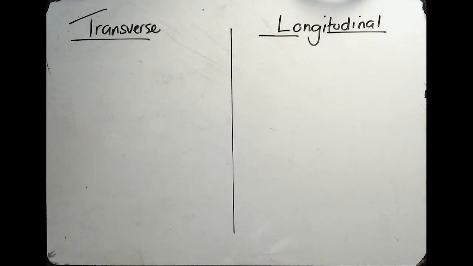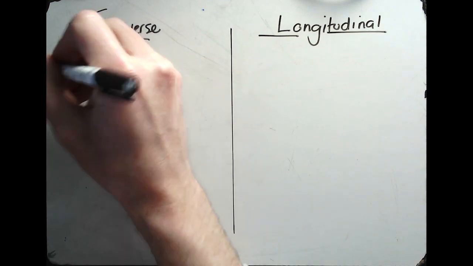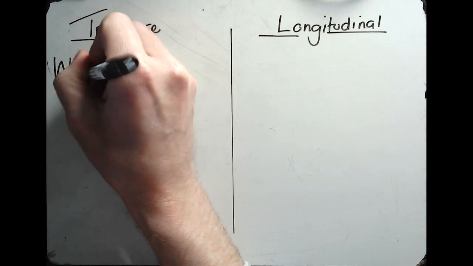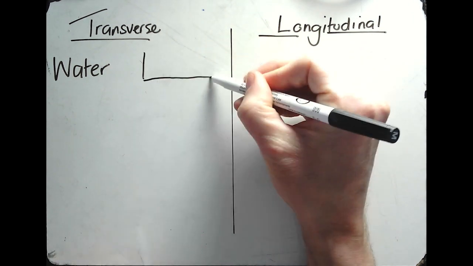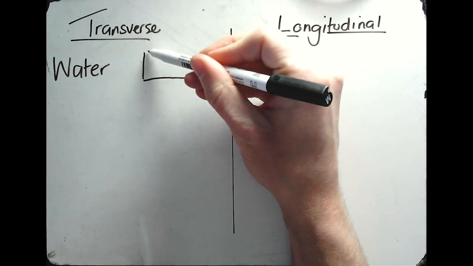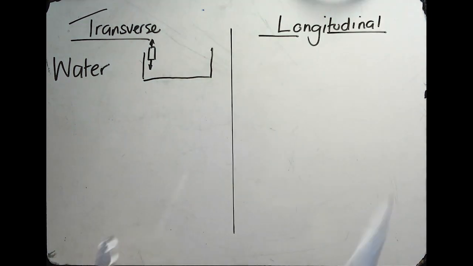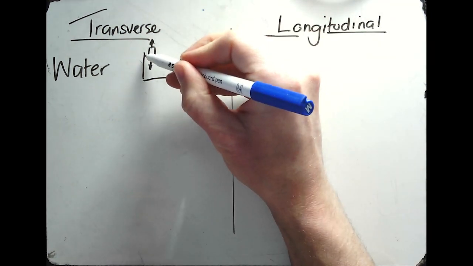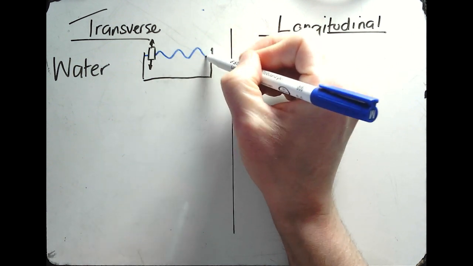In the last part of this video, we are just going to look at some examples of each of these types of waves. So an example of a transverse wave is a water wave. Now, for instance, if you get a tank of water and you get an object and you oscillate the object in this tank of water, you will generate some ripples on the surface of that water, which will produce a